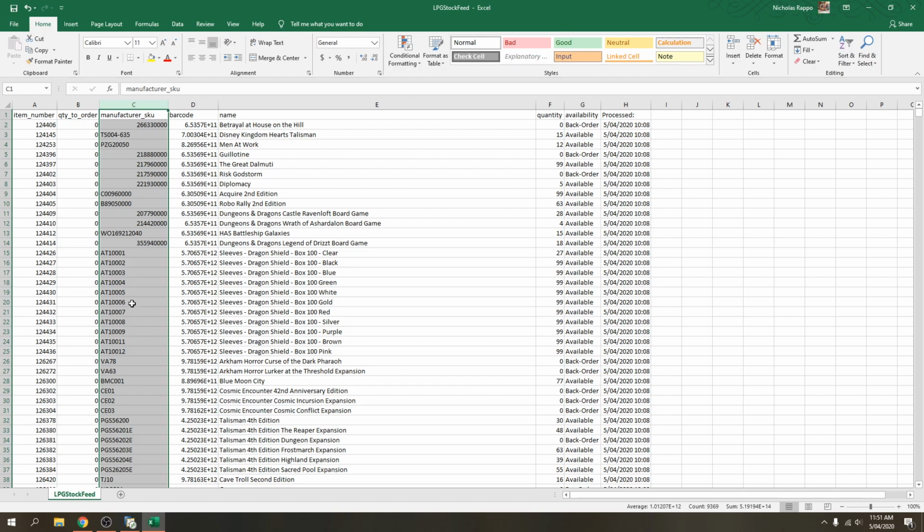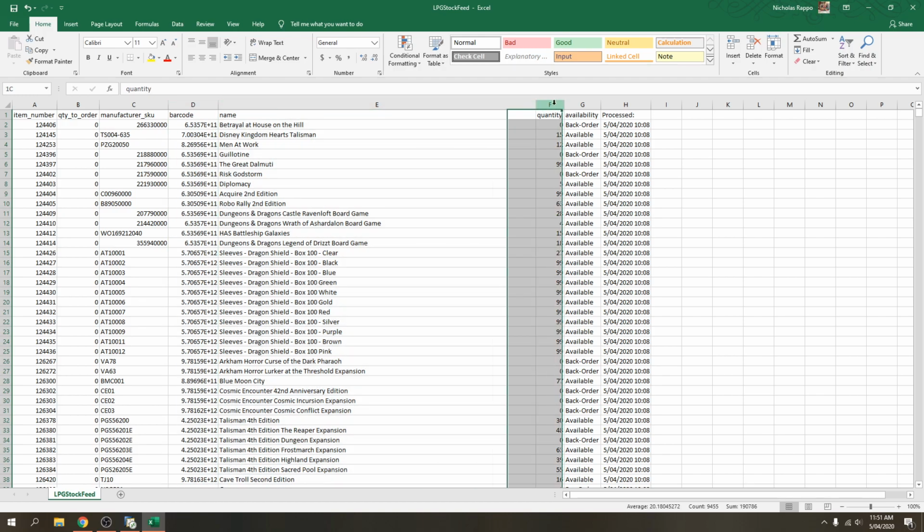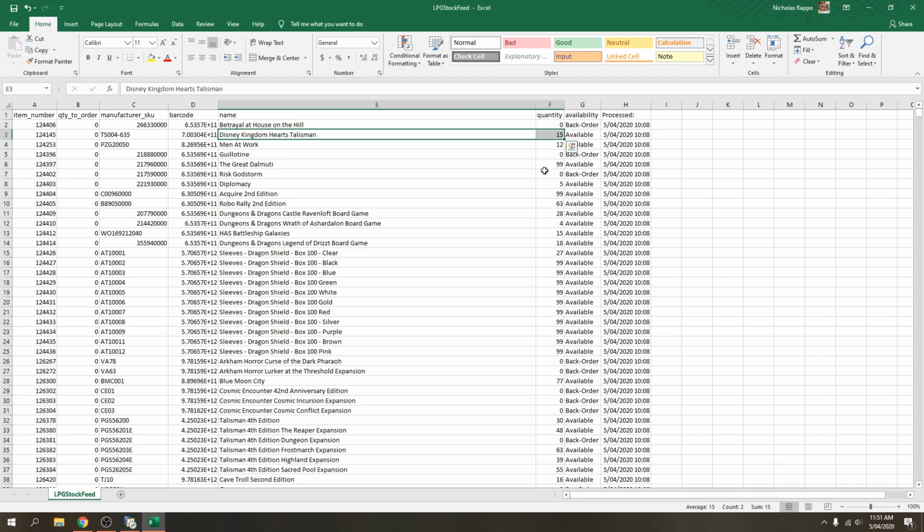Manufacturer's SKU is of course the unique identifier given to each of the products by the manufacturer. The barcode is the barcode, the name is the name. The quantity is the quantity available of each of these products on the website at the time this spreadsheet was generated. It's important to note that this spreadsheet is not generated live every time someone clicks the button. Instead, it's generated hourly. And so in this case, Disney Kingdom Hearts Talisman, it says there's 15 available on the